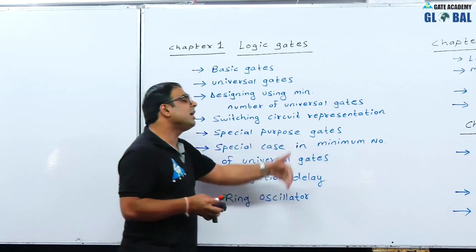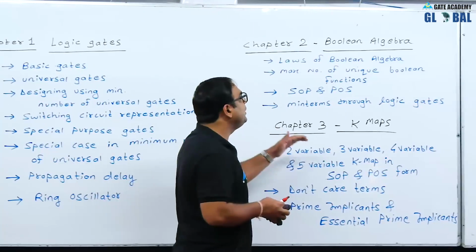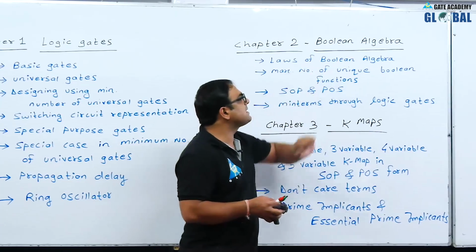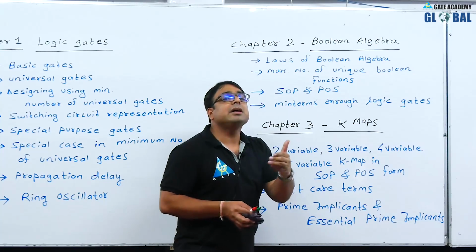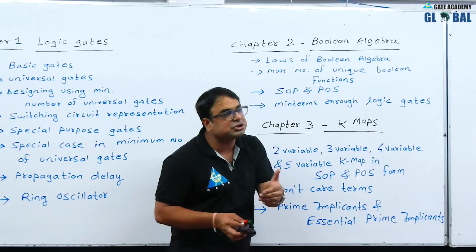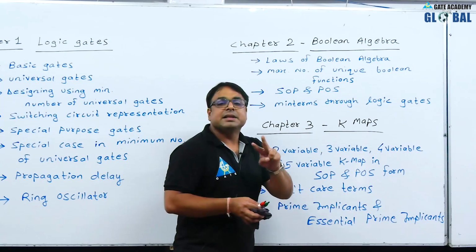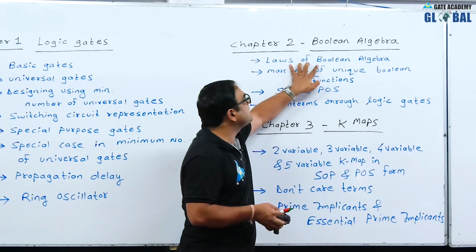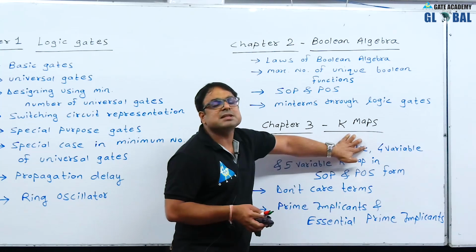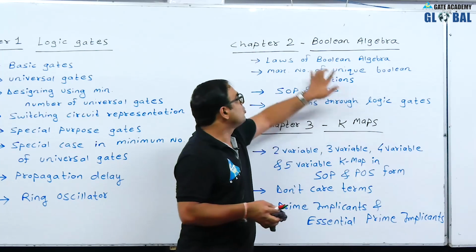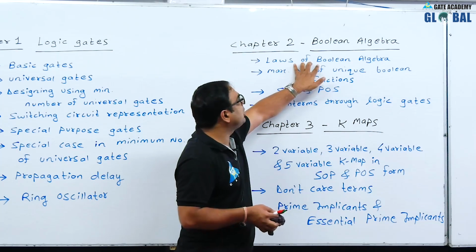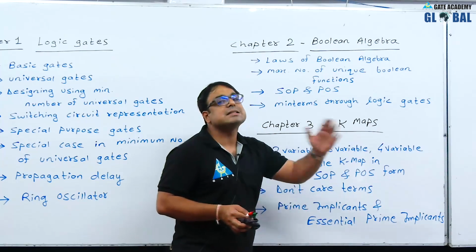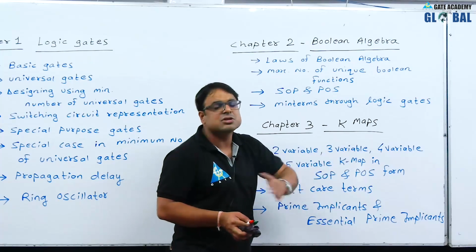Okay. Now moving ahead, the next chapter will be Boolean algebra. In Boolean algebra, first of all, we will be discussing the basic laws of Boolean algebra and how to minimize a particular given function using Boolean algebra. There are two different ways to minimize any Boolean function. One is using the laws of Boolean algebra. The second one is K-maps, that we will be learning in chapter number 3. So in this, we will be minimizing the question using laws of Boolean algebra. We will cover all the laws, including associative law, consensus law, principle of duality, De Morgan's,